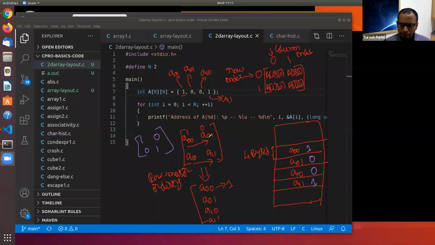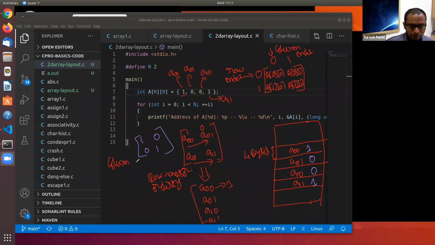There is one more ordering which is used in different programming languages, but not in C, called column major ordering.